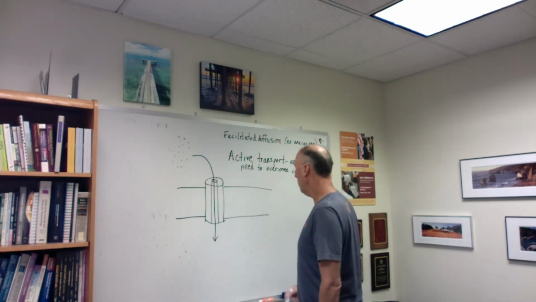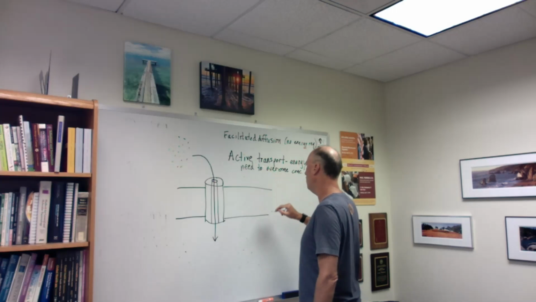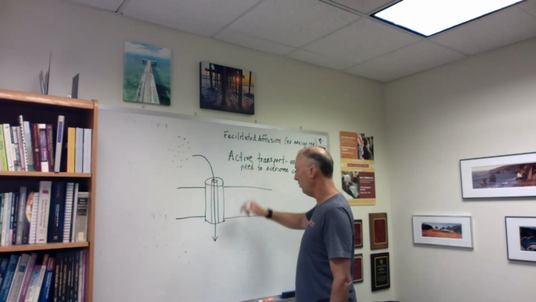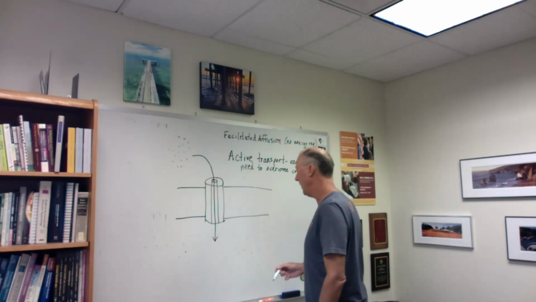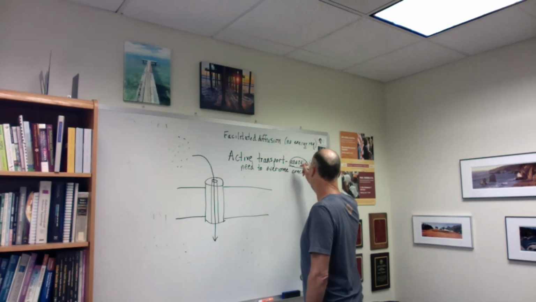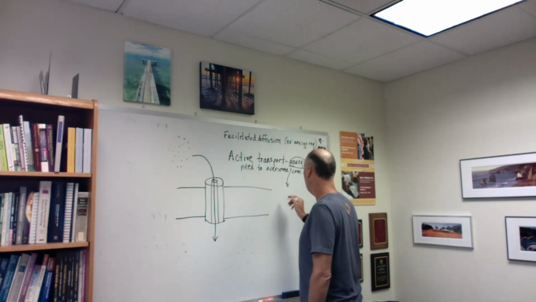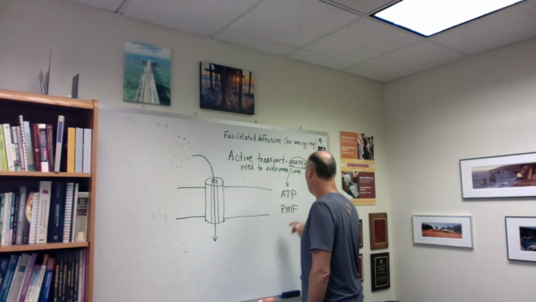So then the question is, what can this energy be that can drive the uptake of a molecule that's going against the concentration gradient? The energy input is typically in the form of either ATP or proton motive force or